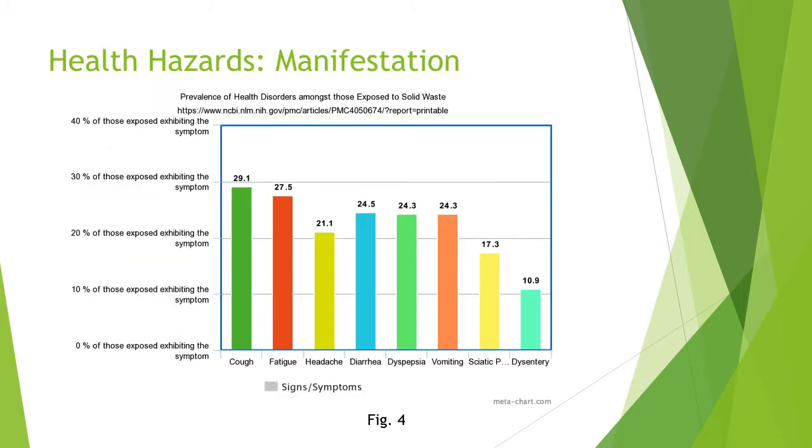And then, in terms of how their exposure to this waste affects them biologically, we can see that a large portion of the population reports signs and symptoms such as diarrhea, vomiting, cough, headache, fatigue. And although these are symptoms and signs that might only affect their health in the short term, chronic exposure to this trash actually can produce long term health effects such as lung cancer, forms of GI cancer, and can also really damage their reproductive tracts moving forward as well. And that's something I'm going to be touching on the next slide.